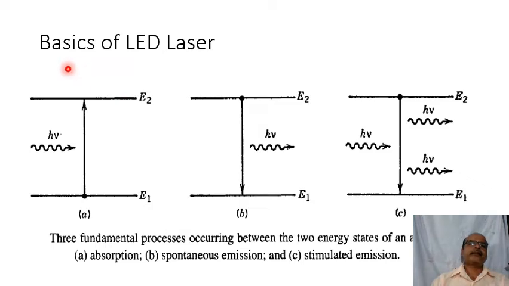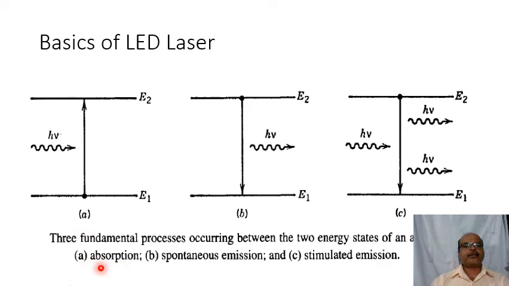For transmission of light, we have to transmit the signal. Basically either an LED source or a laser source is used. So how do these LED and laser operate? They operate on the basic principles of absorption, spontaneous emission, and stimulated emission. These basic terms are important, and if you are asked what is spontaneous emission and what is stimulated emission, you have to answer.